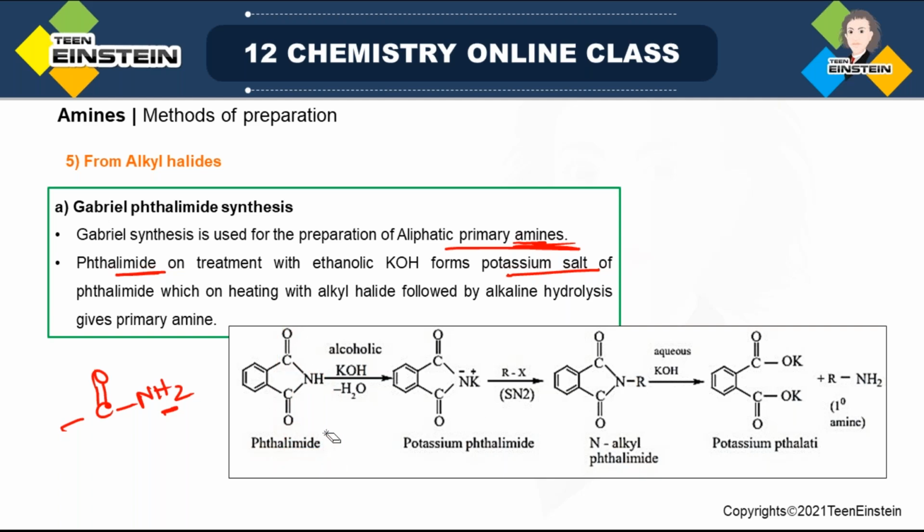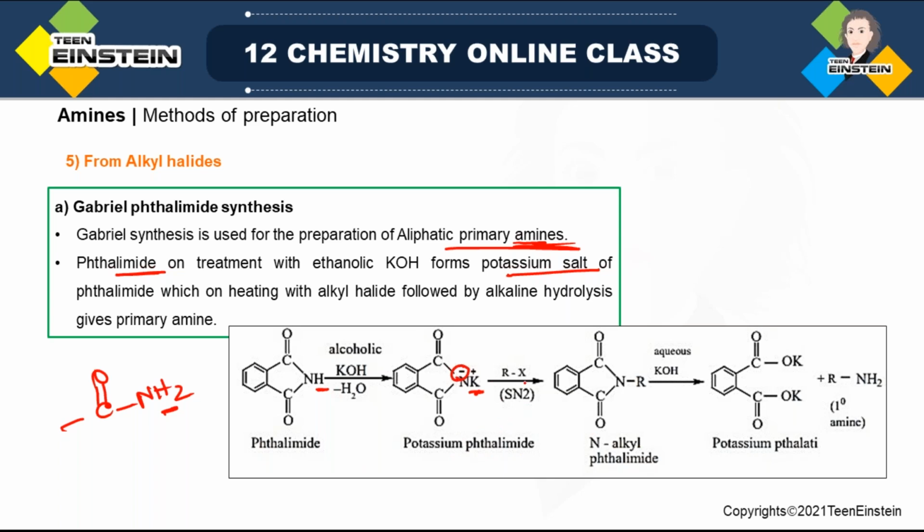Now in this phthalimide, at this H, on both sides there is a carbonyl group. This H has some acidic property. In presence of KOH, this H will be replaced by potassium. Now you have N minus K plus. Now this N minus, which is now the potassium salt of phthalimide, can be used as